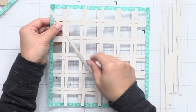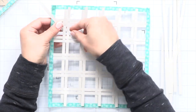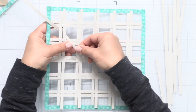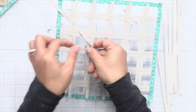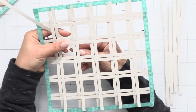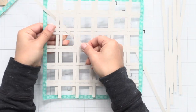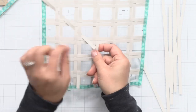We're going over 2 at a time now, going over the horizontal bars, under the vertical bars, back over the horizontal bars, and then under the vertical bars again. So it's going to be a really tight fit, and that's why you want that spacing as close together as possible, because you're going to be pulling these strips through at a diagonal, and it's going to make and hold this weave together. So as you can see here, it's very snug, especially with this first one,